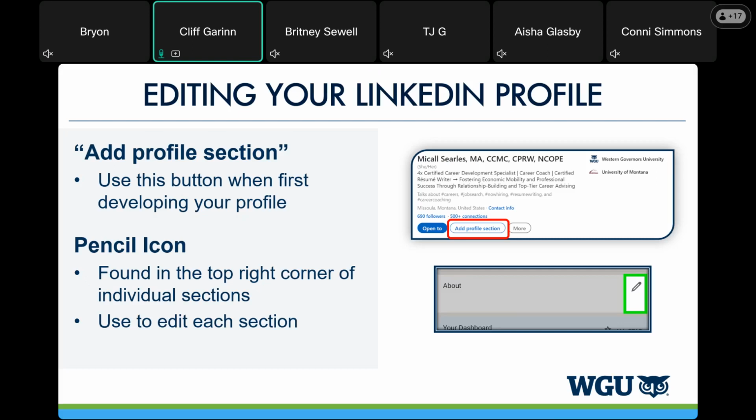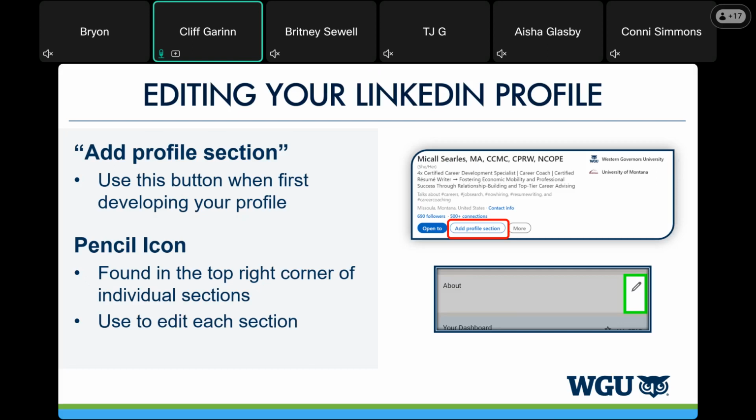That little pencil opens up an editing dialog box where you already have content in, and you can edit that or add to it or whatever you want to do. You can add a profile section if you don't have one already. You can add additional sections. If you can see McCall's, that's the sample we have here. Look what she has. She has her name. She has her professional credentials, her MA.